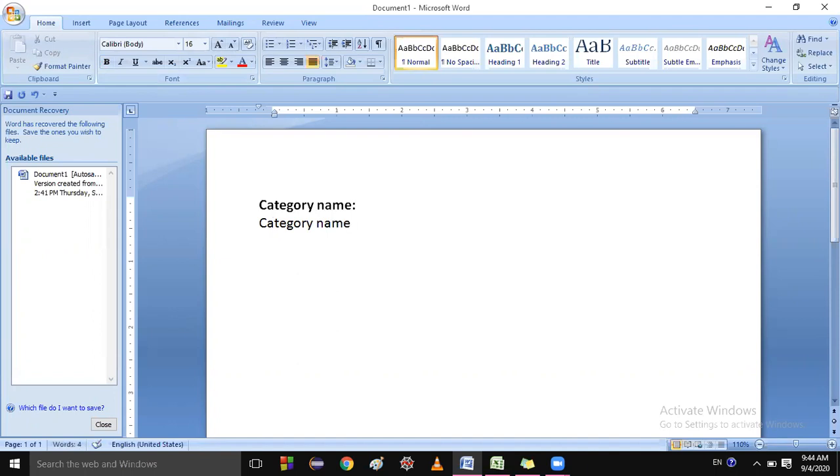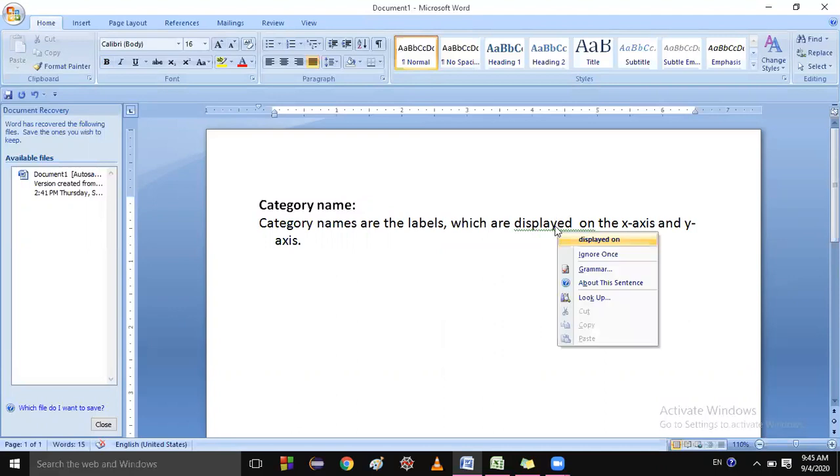Category names are the labels which are displayed on the x-axis and y-axis. Okay, clear to you? Yes, sir. Okay, next one is